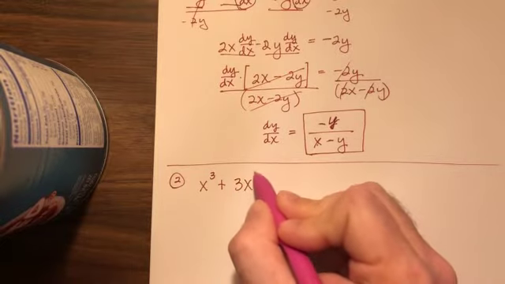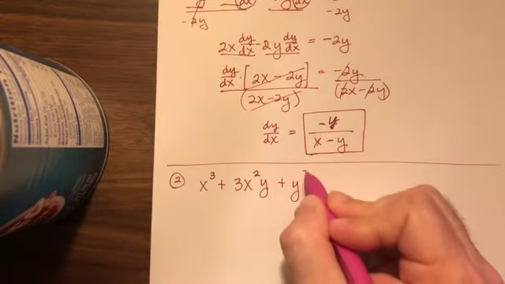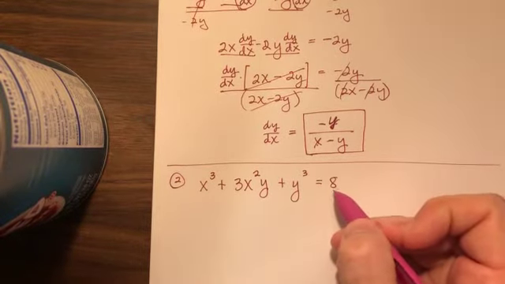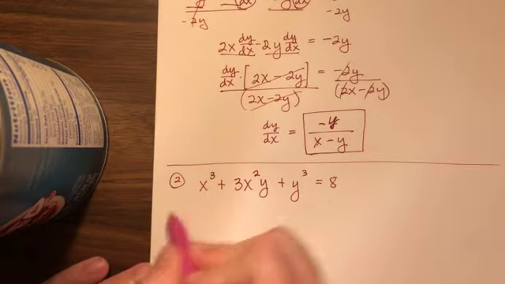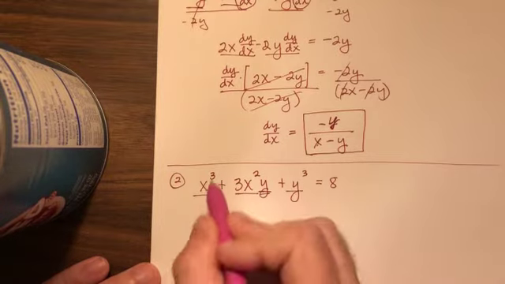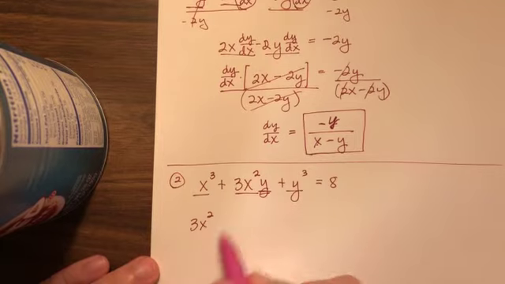This one is x cubed plus 3x squared y plus y cubed equal to 8. Now, I don't care what that number is because I know when I do the derivative, it's going to go away. The derivative of x cubed by itself is just 3x squared, like you normally do it. But no y, no dy dx. It's just